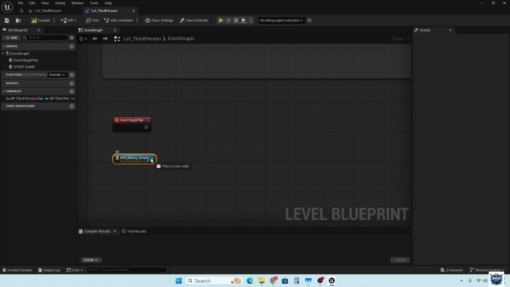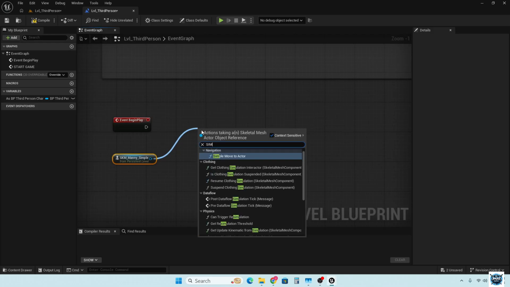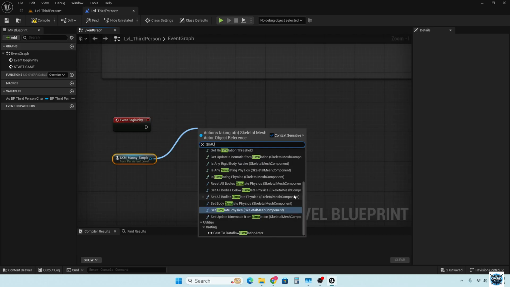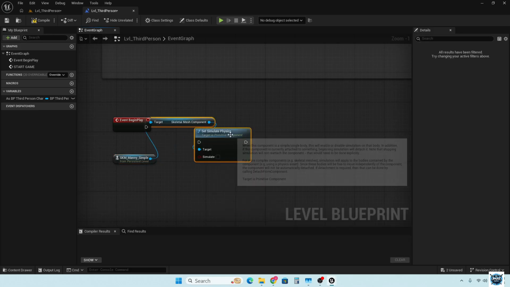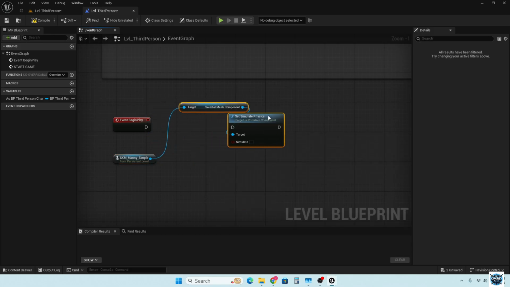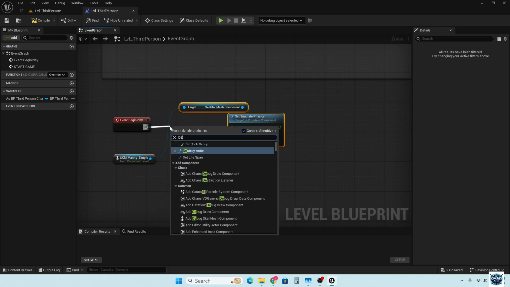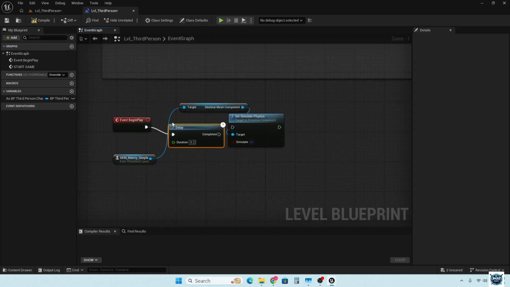So let's say that we want to simulate physics on them. Let's make them die. So let's just search for simulate. Yep, set simulate physics on skeletal mesh component, and yeah, let's simulate there. And just so we got enough time, let's run like a 1 second delay before this happens. All right, so right here, 1 second, and then